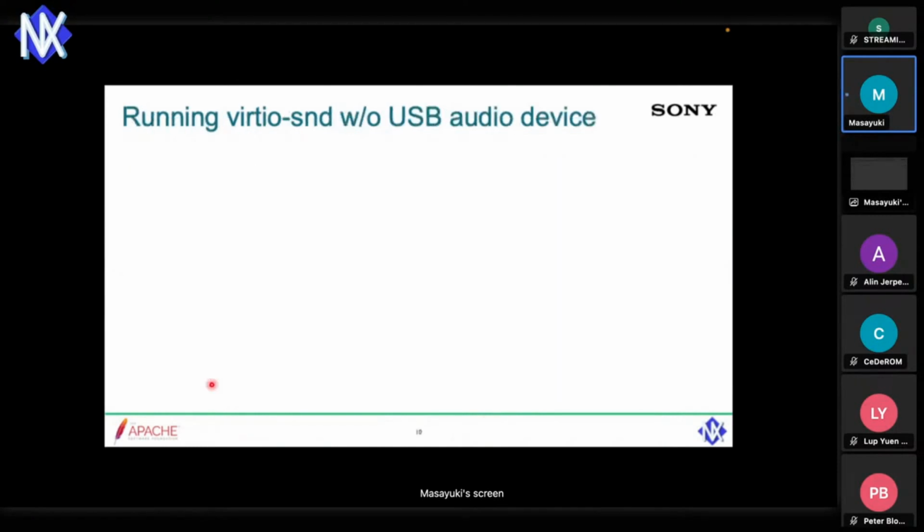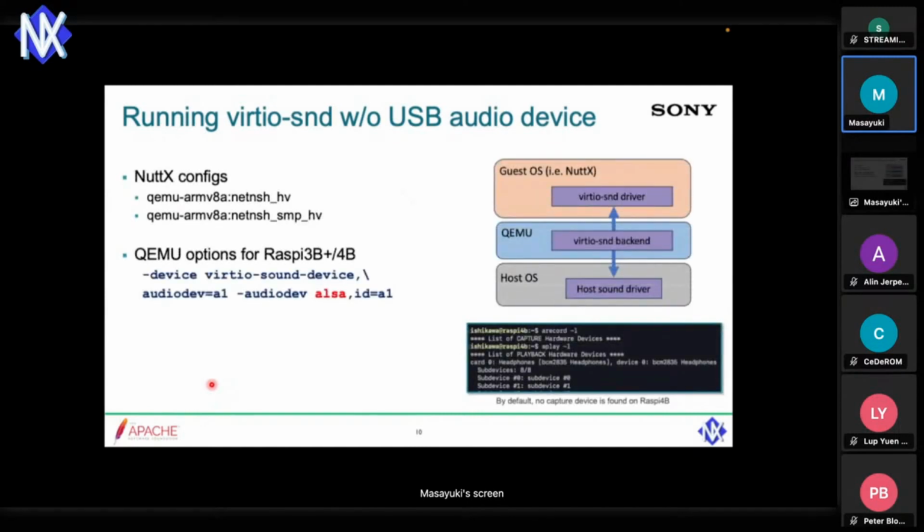And this is running as a virtualized sound without USB audio. So we can use these configurations, and you can set these parameter options for QEMU. So for Raspberry Pi 3B and 4B, you need to specify the audio driver as ALSA, and as you can see,